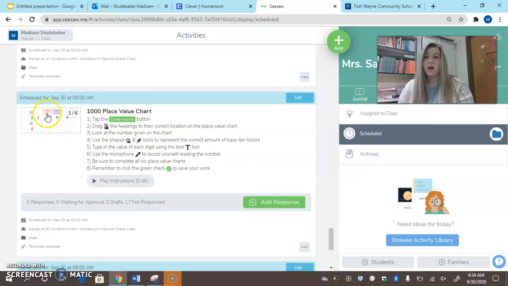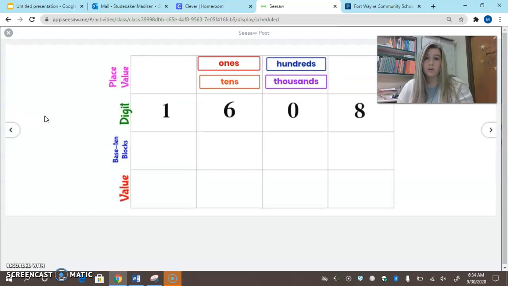Next thing, there is this thousandths place value. We have talked very little about the thousandths place value, but we did talk in class about when we use our base 10 blocks, our thousandths is a square. It's a square and it represents 1,000 cubes. So if for some reason this is too hard for you and you cannot get a grasp on the thousandths place value, since we have touched on it so briefly, go ahead and just do up to the hundreds place